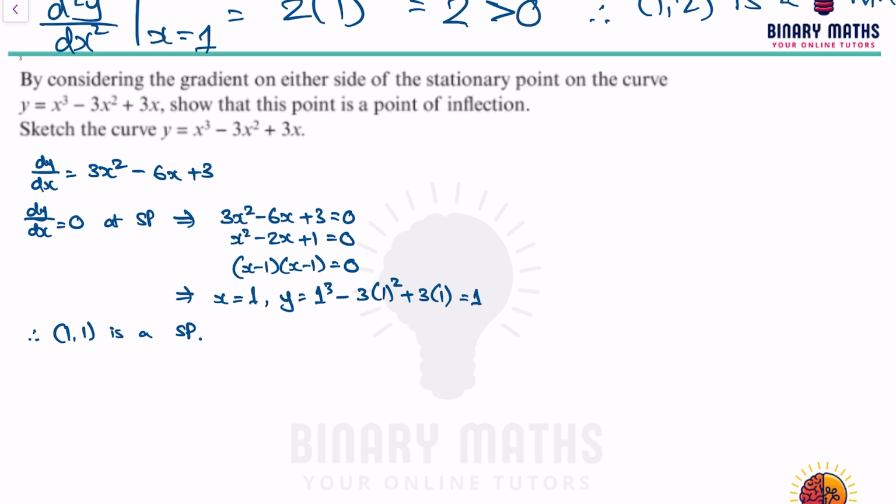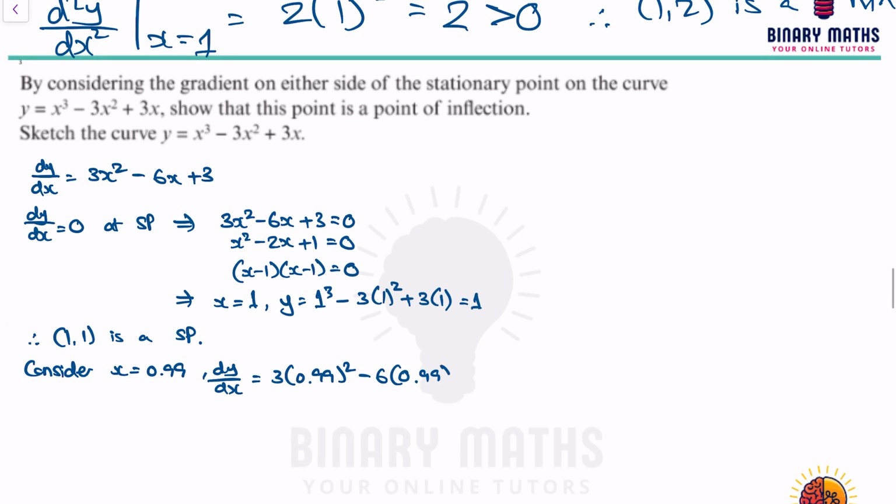Okay, it says, by considering the gradient on either side of the stationary point. So we know (1, 1) is a stationary point, so we need to find an x value just before 1 and an x value just after 1. So by considering x equals 0.99, which is just a bit less than 1, then dy dx will be equal to 3 times 0.99 squared minus 6 times 0.99 plus 3, which is equal to 3 times 10 to the minus 4, which is